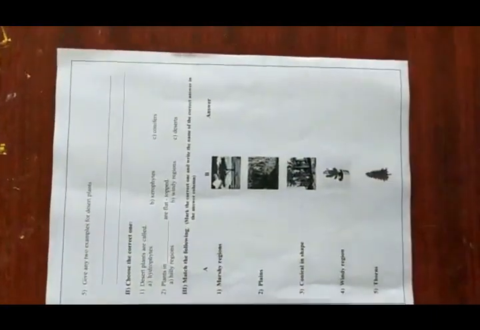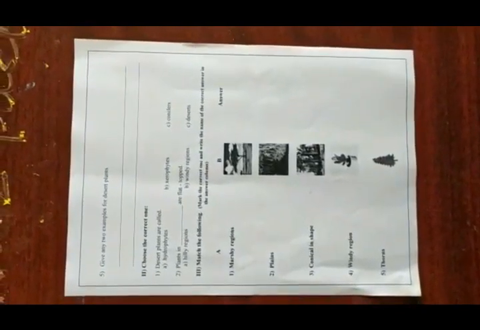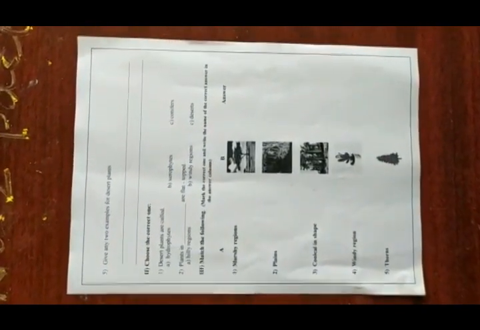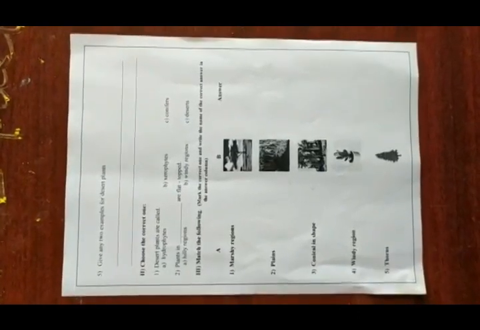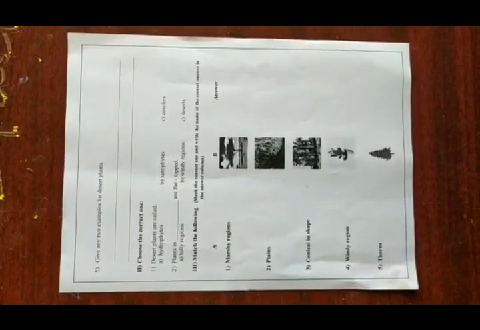So coming to the last worksheet number 5, that is lesson number 2, adaptation in plants, part second. In this worksheet also you will find 3 mains. The first main is answer the following questions. To write the answers, go to the OTR as well as the textbook. The second main is choose the correct one. For the question, 3 options are given. You have to find out the one correct answer. The third main is match the following. You have to match the proper